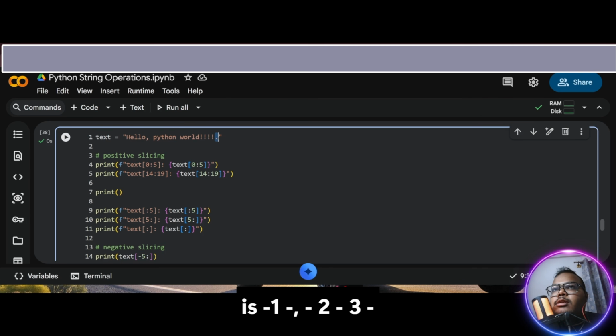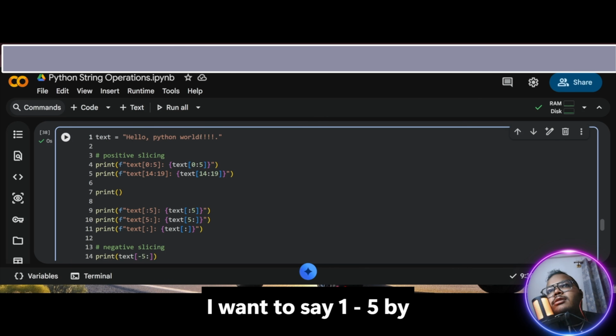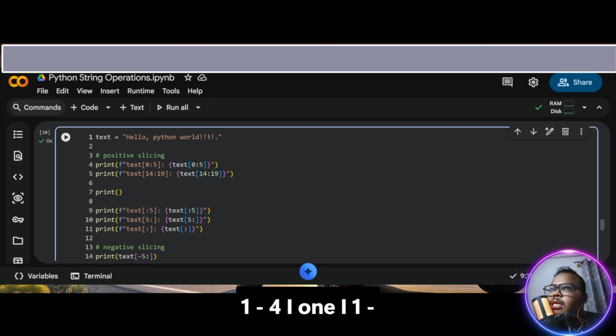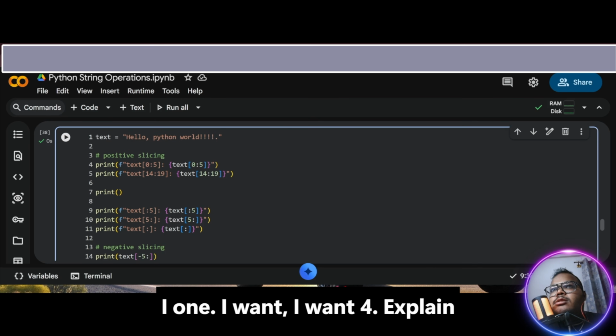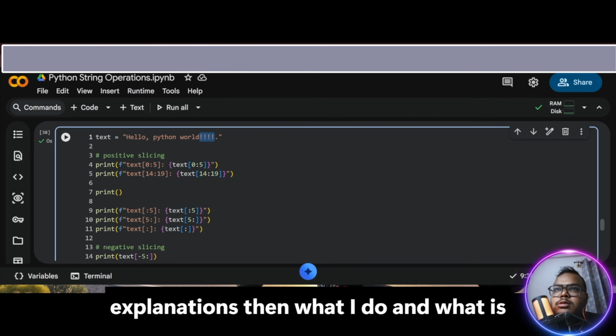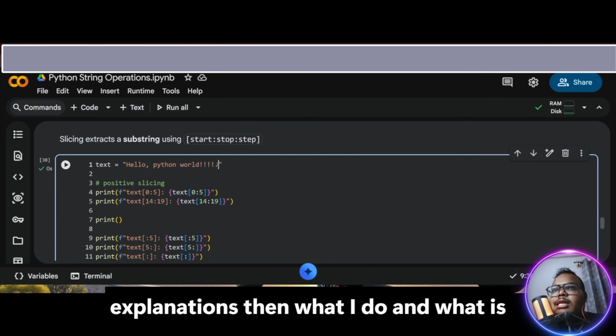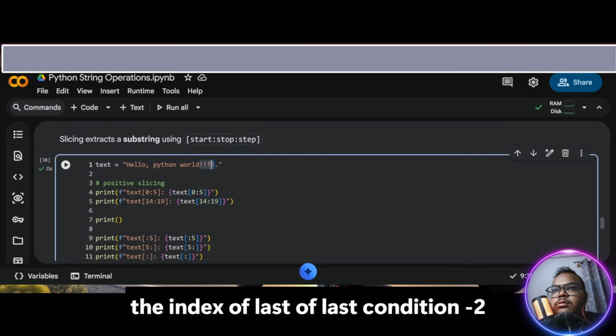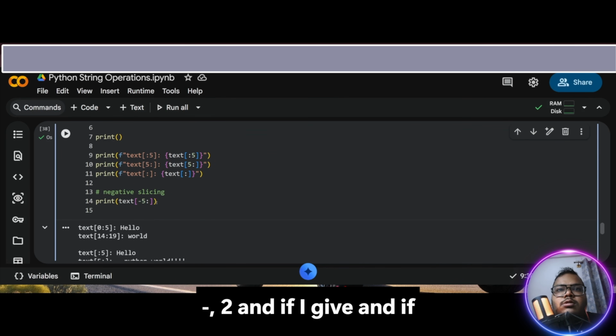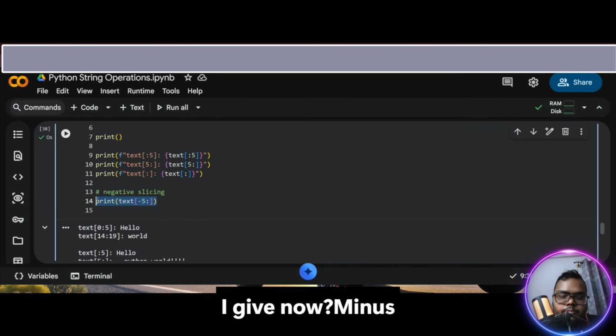This is -1, this is -2, -3, -4, -5. So let's say I want till this. -5 I want, -4 I want, -3 I want, -2 I want. I want only these 4 exclamations. Then what do I do? What is the index of the last exclamation? -2. And if I give now